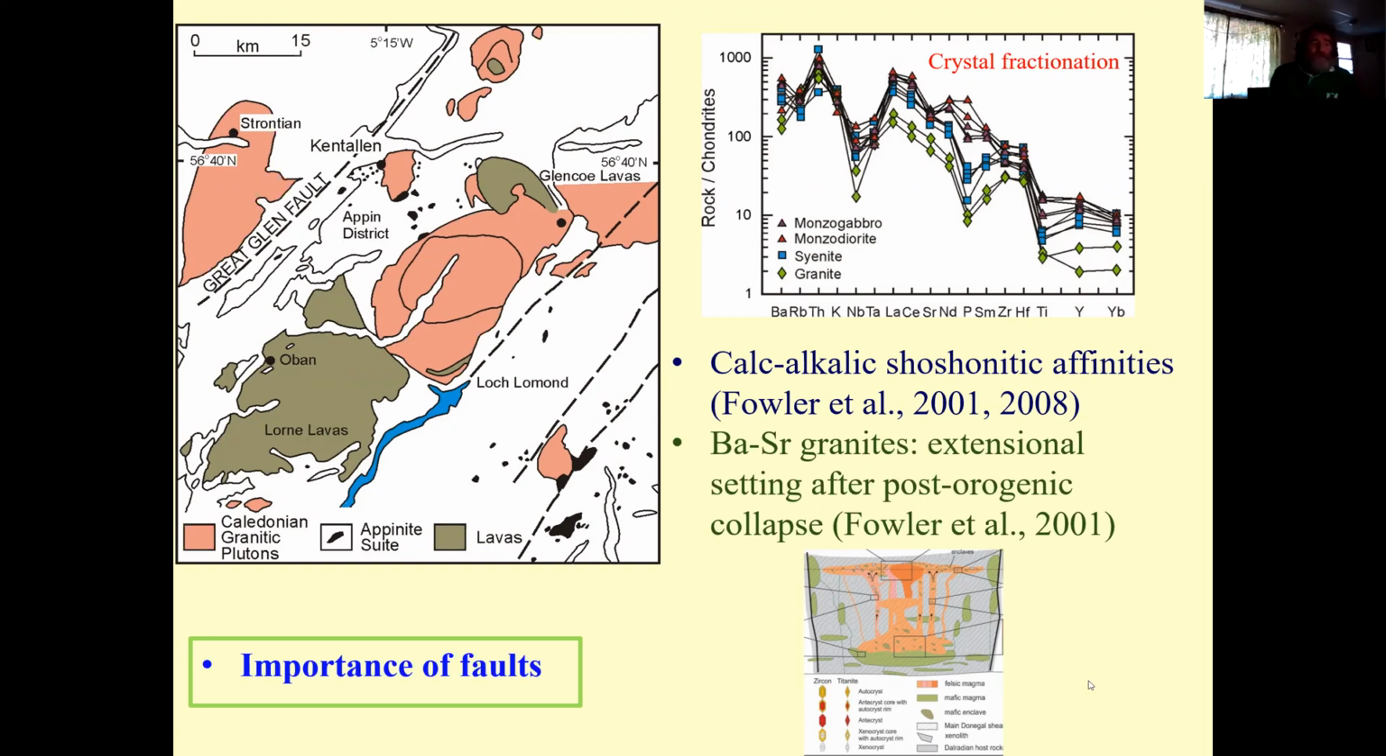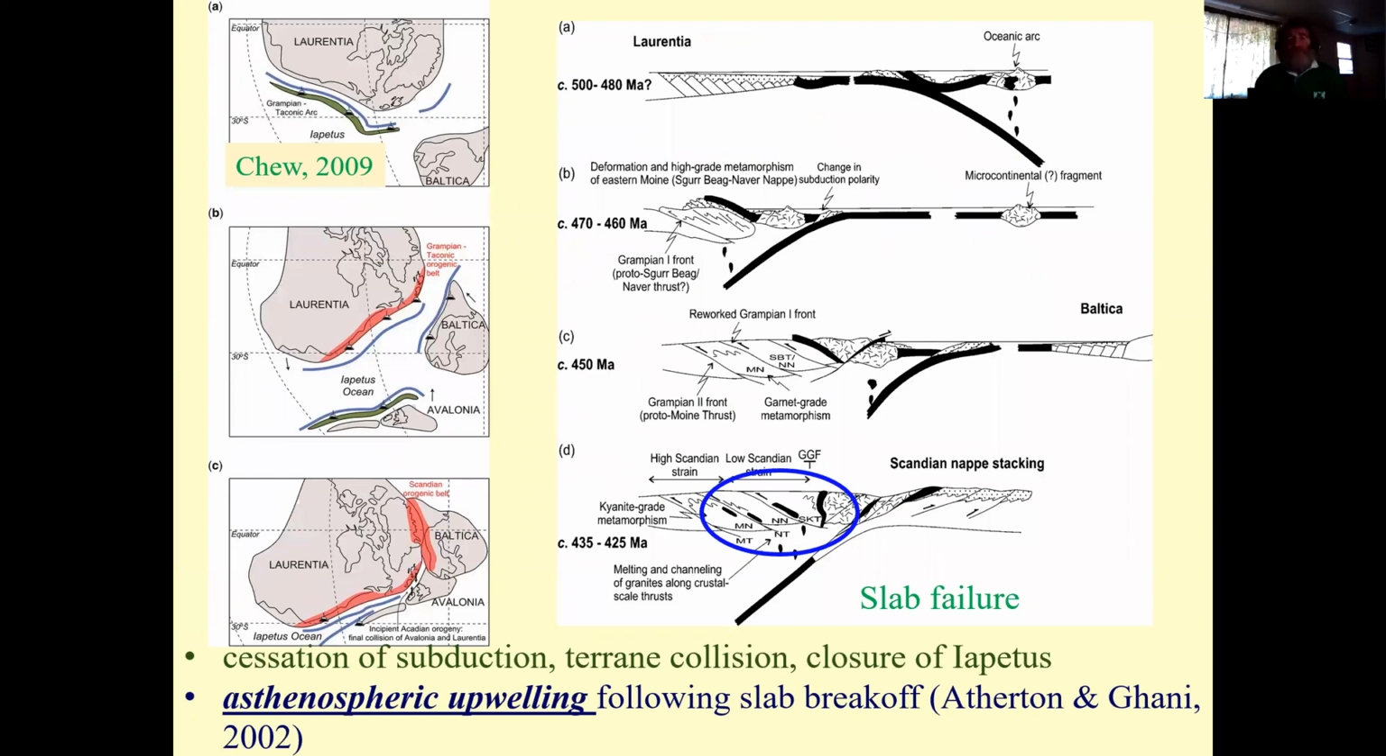Now, the field relationships showed that these barium-strontium granites were in place after the bulk of the deformation, so in an extensional to post-orogenic collapse setting. So we're dealing with events towards the end of subduction and collision in the Scottish Caledonides, and more about that now. If you look at independent work, looking at the tectonic scenario of the appinites in their type area,